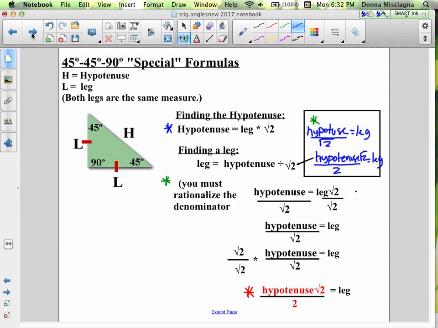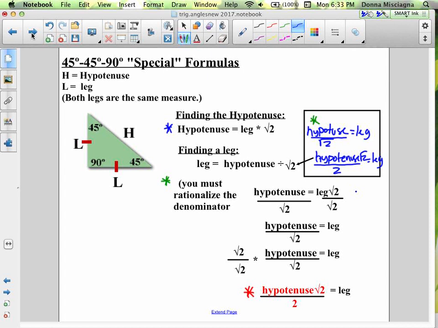So we have hypotenuse divided by the square root of 2 is our leg. And here I'll show you just using that other formula. If we have hypotenuse equals leg times the square root of 2, and we divide both sides by the square root of 2, we have hypotenuse divided by square root of 2 equals leg. Well, we can't leave the square root of 2 there, so multiply the square root of 2 over the